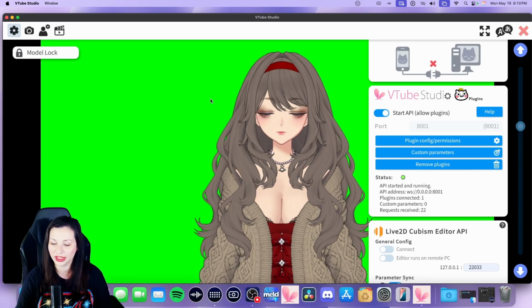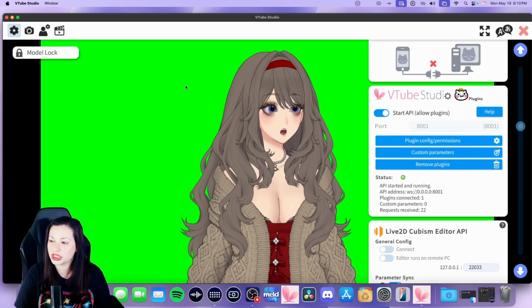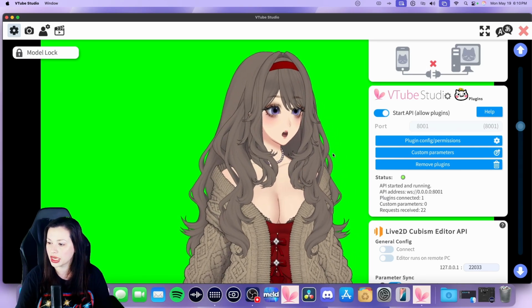So I got her to be a little bit more towards my Disney dreamlike character because she's cute, right? So, first things first, when you first start up, it's going to ask you